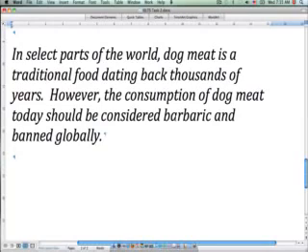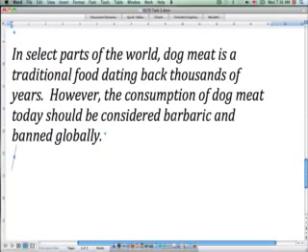So we have to come up with a discussion essay for this, and basically we're going to be looking at the two sides. One side is saying that dog meat should be considered a food, and the other side is saying that dog meat should be banned. Now, if we just do a little brainstorm together to think of maybe a point or two that supports each side, thinking about dog meat as something that should be allowed to be consumed,